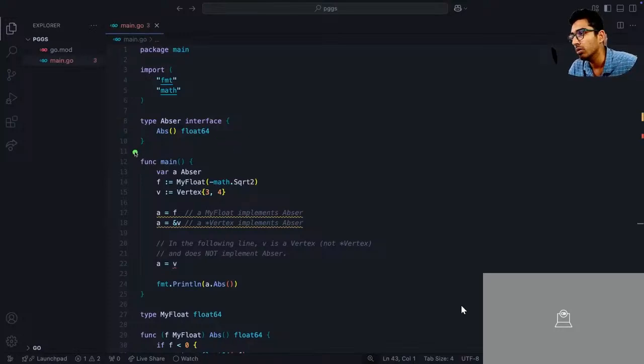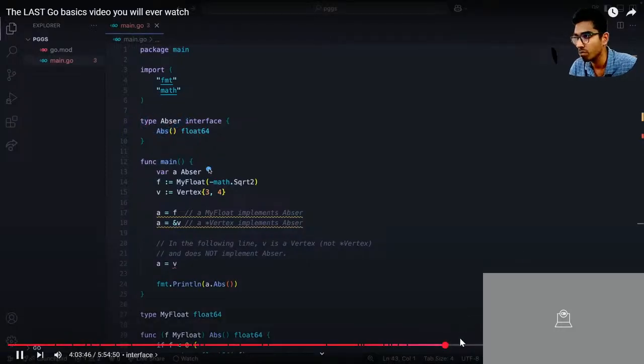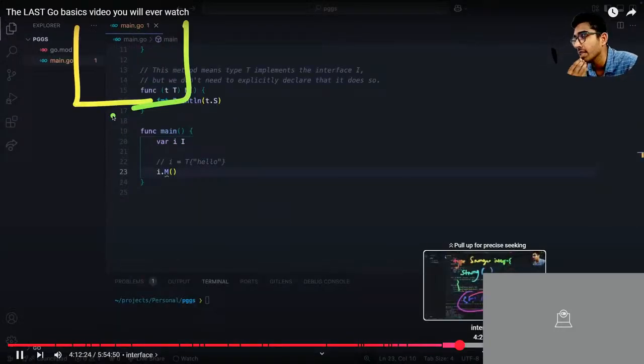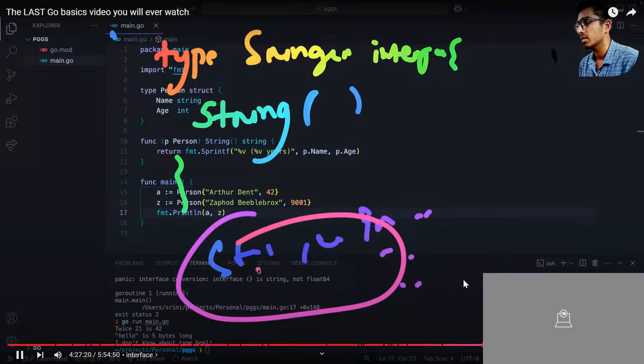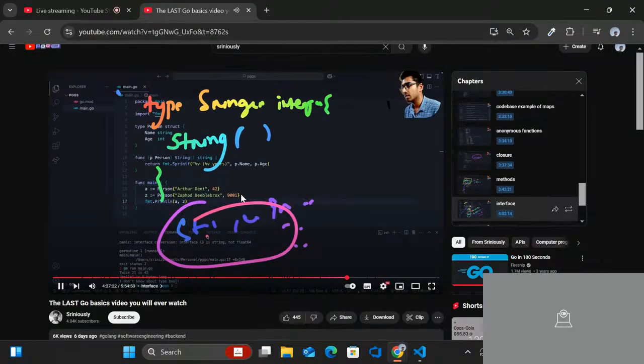Now, how do they work? How are they useful? To understand that, let's dive into the example. Here, we are declaring a variable of type interface, of type this stringer interface. We have a variable, and it's called to be implementing stringer, as long